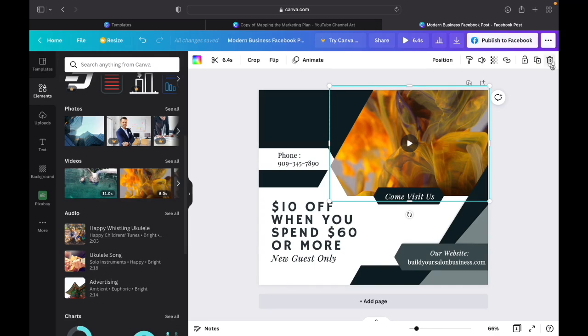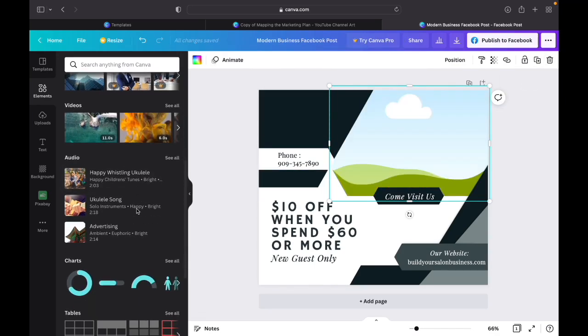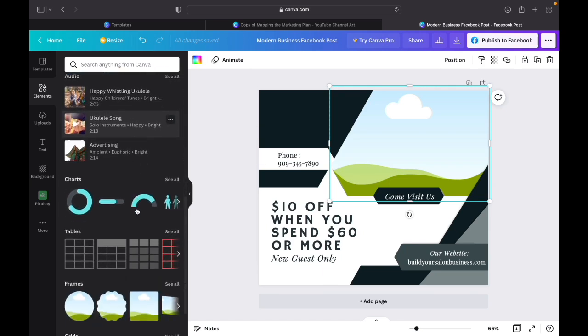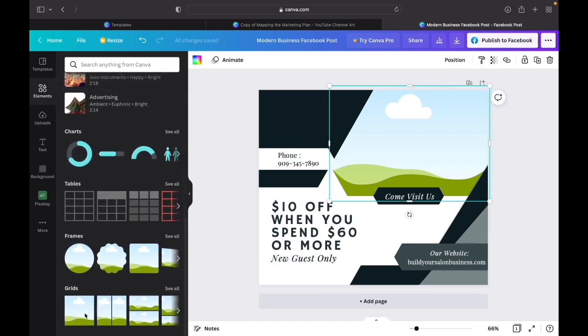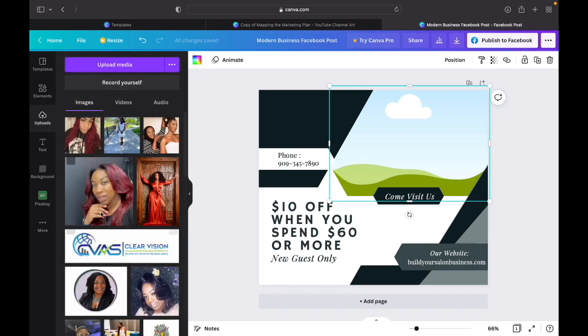So once again, let's delete that video out, and we have our object here. You can also put audio in here. There's plenty of options. The grids come in many different shapes and options. You also have photo frames, which come in like different picture frames that you can put photos inside of. What we're going to do is go to uploads and find